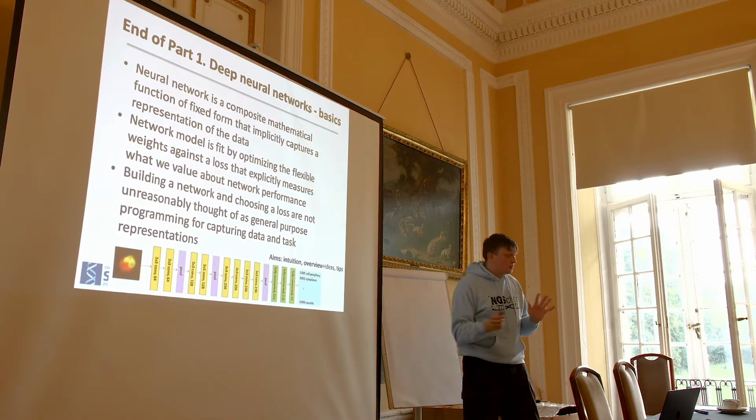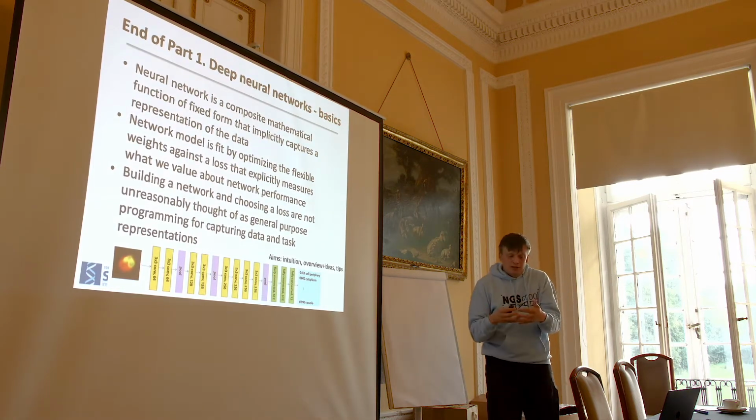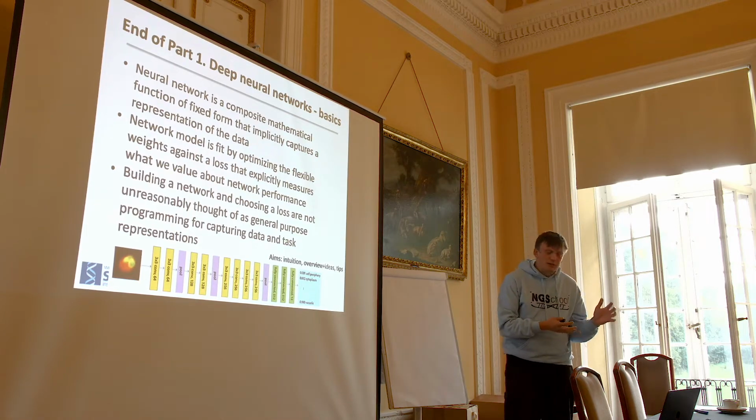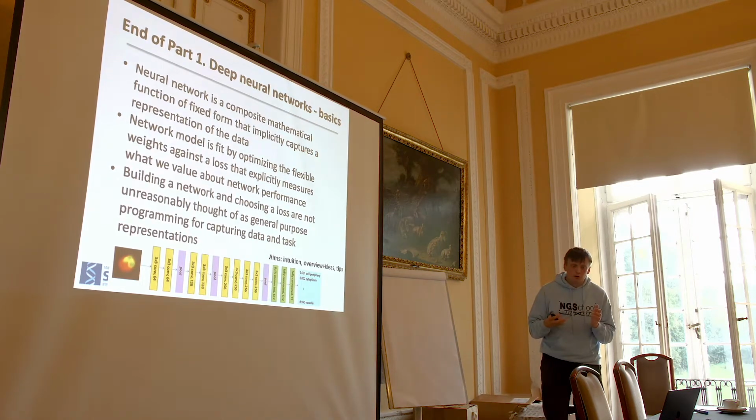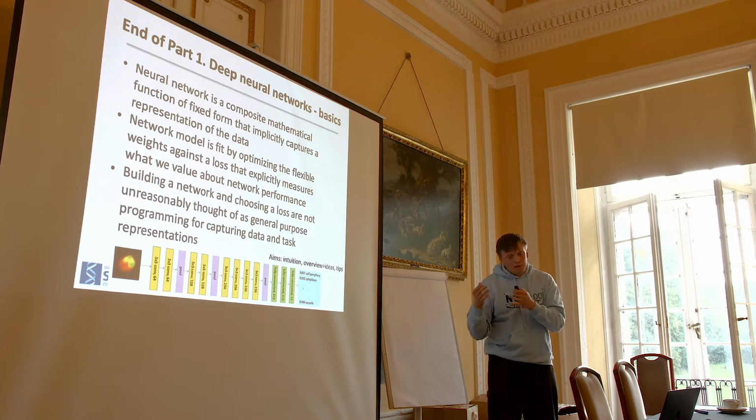Okay, that's all I want to say about deep learning in general. Just to remind that they're a mathematical function, and the form is fixed, but that fixation of the form also fixes what you can actually capture in data. If it's a full dense network, then you're effectively doing multiple regression of lots of interaction terms. If there are also convolutions, then you're saying that I expect my data will have patterns that are agnostic to location. If you have long-term memory, then you're saying that I have information that's covariant across long distances. So everything that you put into the definition of the function impacts what you can get out.